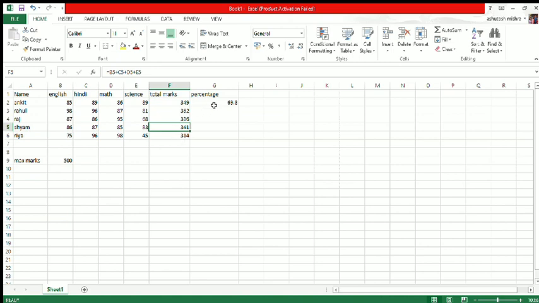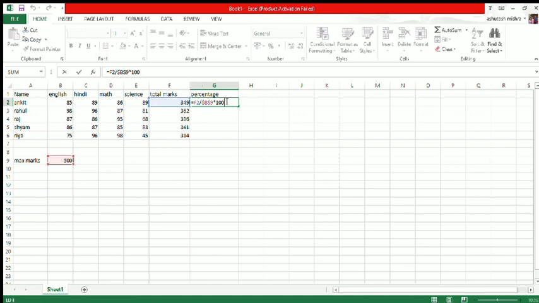So when you drag it, this address will be changed, but the address of B9 will not change, because that is the example of absolute reference. If you want to use absolute reference, then you will put a dollar symbol before the column and row.